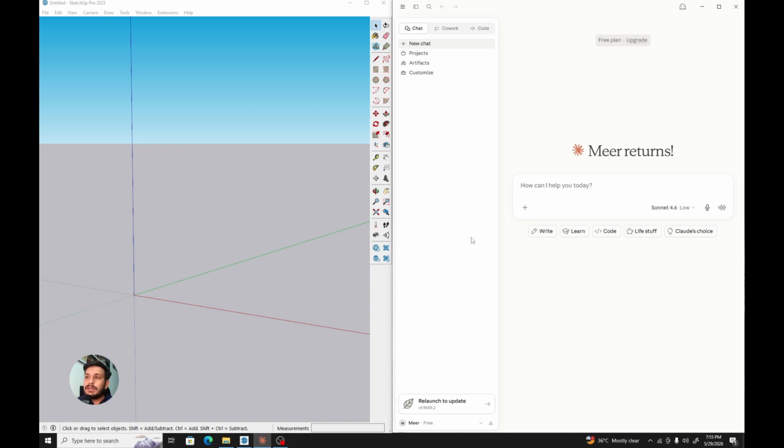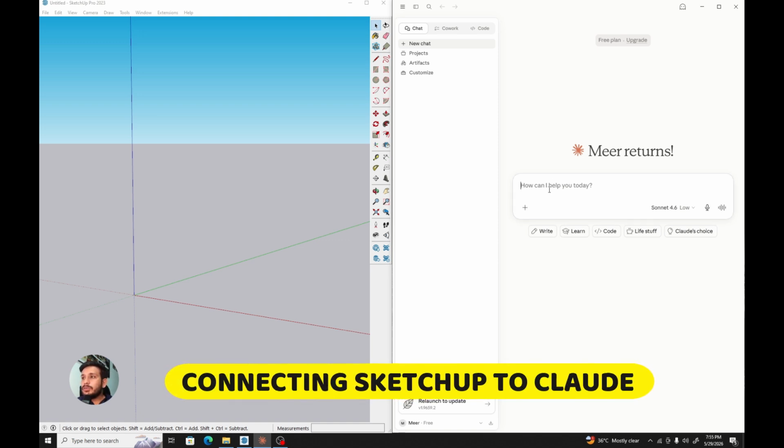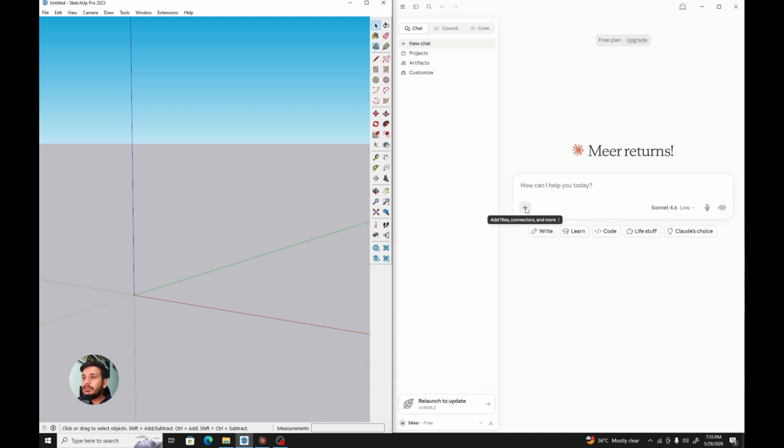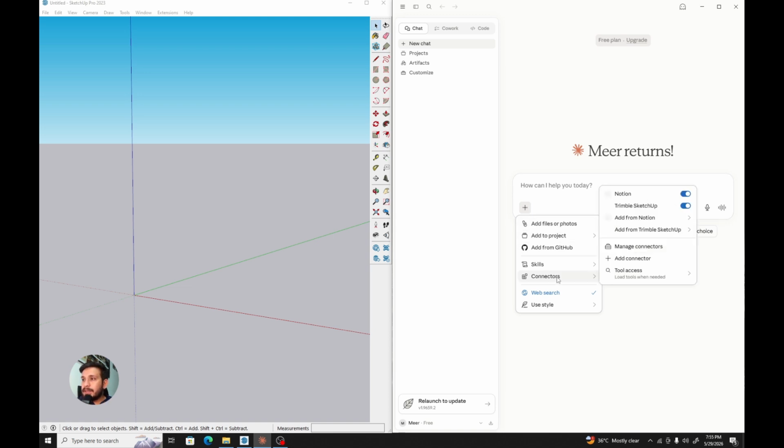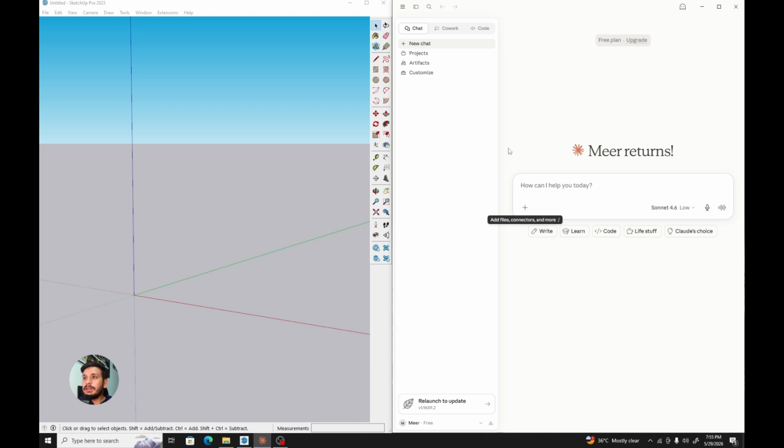As you can see, I have installed Claude AI as well as opened SketchUp. Before starting into Claude, I first have to check that I have the connectors or connections which connect SketchUp and Claude. For that, I will click on this plus sign and then go down, and see, I have the Trimble SketchUp connector. And let's say if you don't have this connector, then you can just go to customize